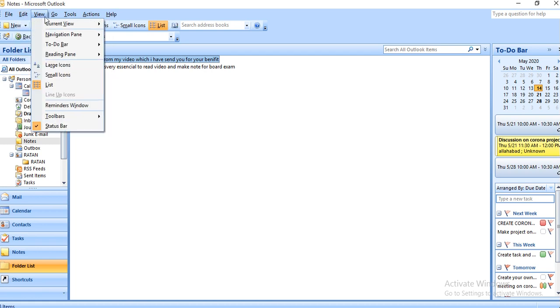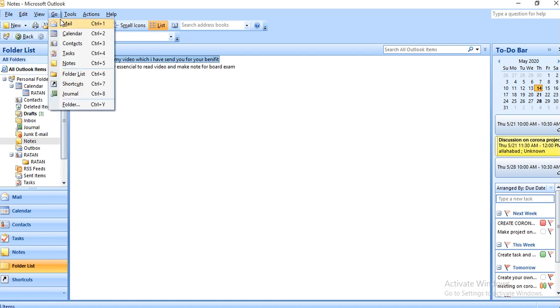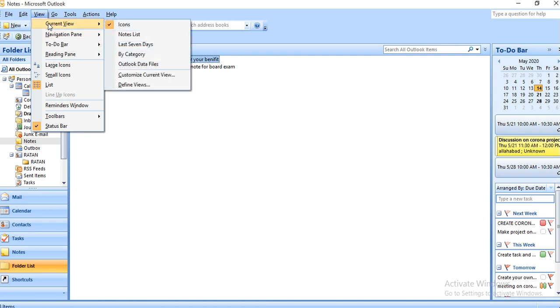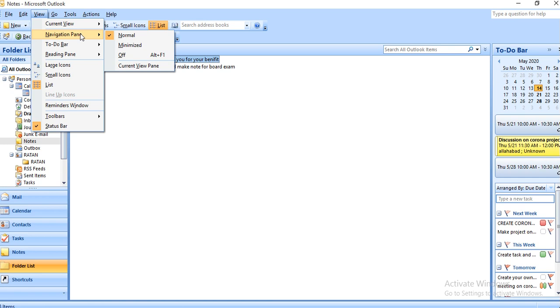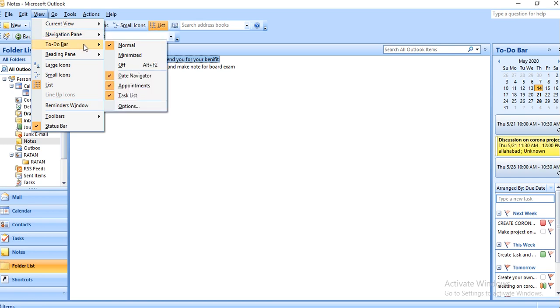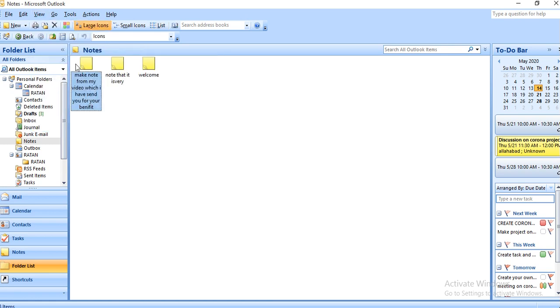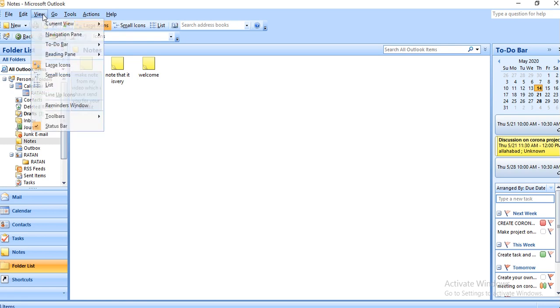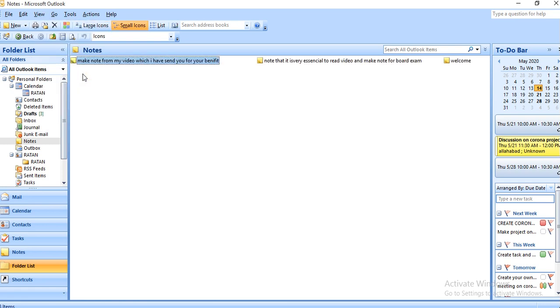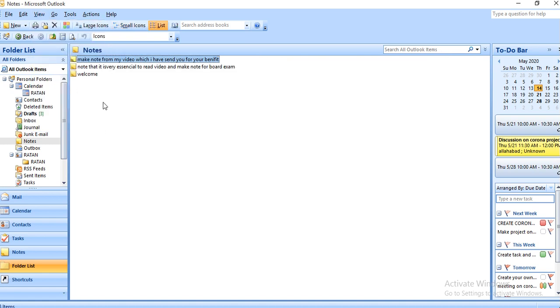Then View, current view, note list, last 7 days, navigation pane, normal I have taken, to-do bar, normal, and reading pane, whether you want the reading pane at the bottom, off, or right. Large icon will make it large, small icon will make it small, and list will list it.